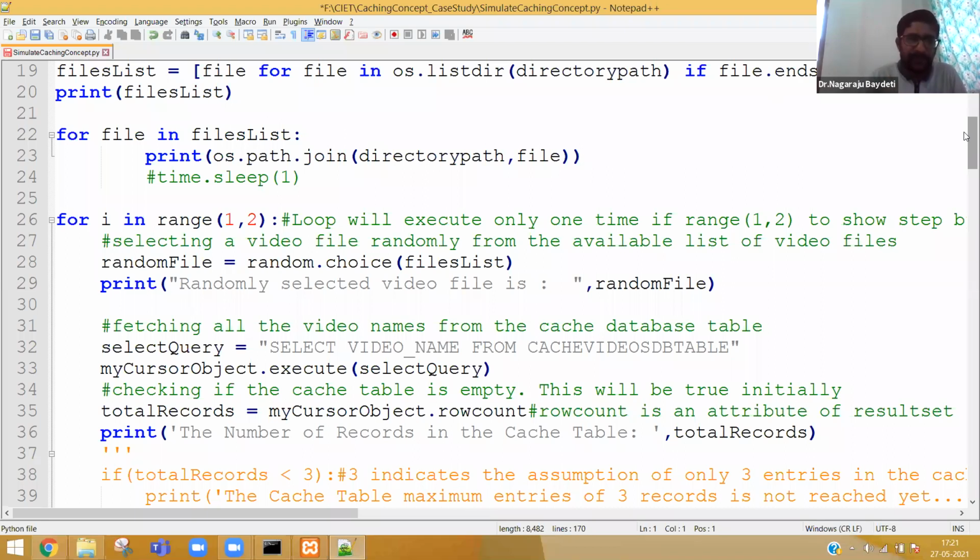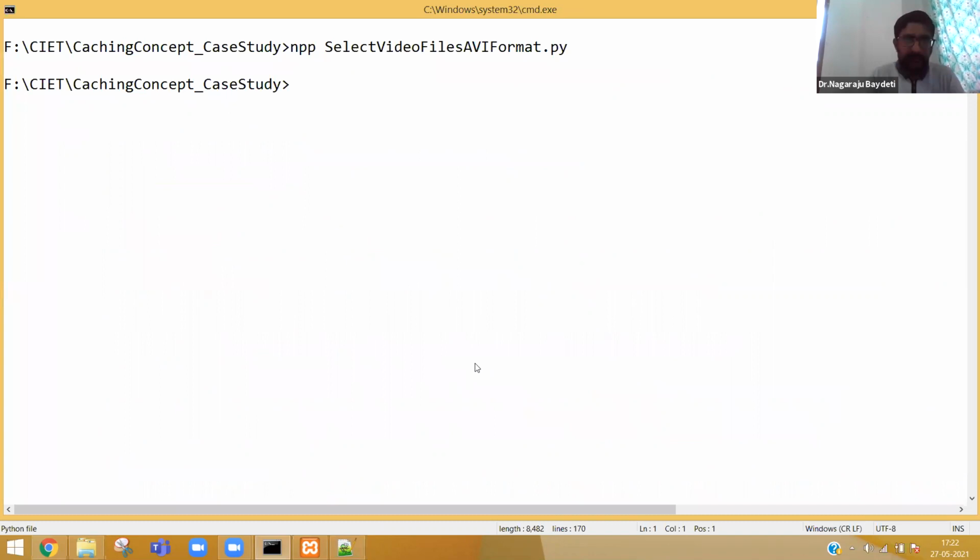At this point of time, if I execute the program, you know what will be the output? The output will be the number of files. Each and every file will be there. After that, one file will be randomly selected and then the cache table will be searched. And the number of records will be 0. If you really want to execute, let me just check.